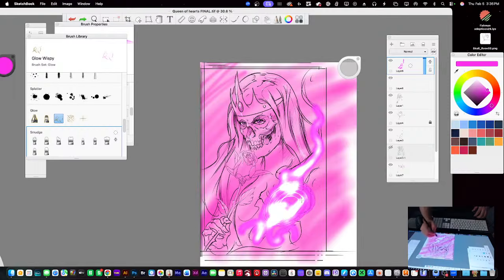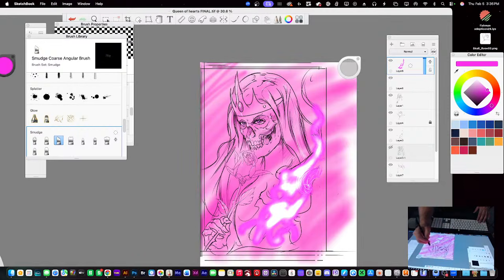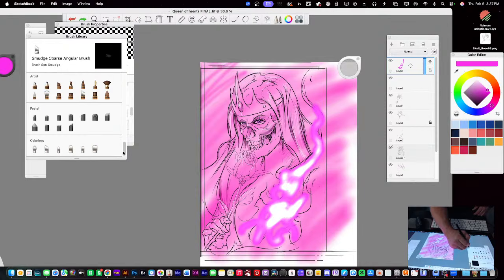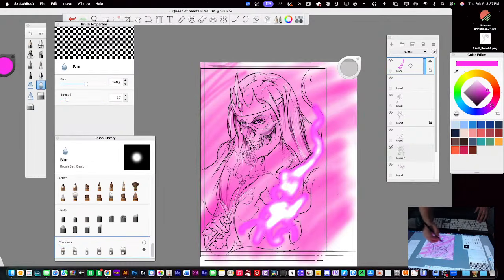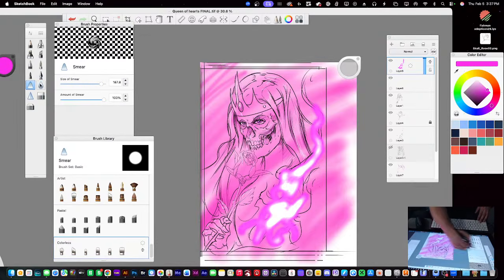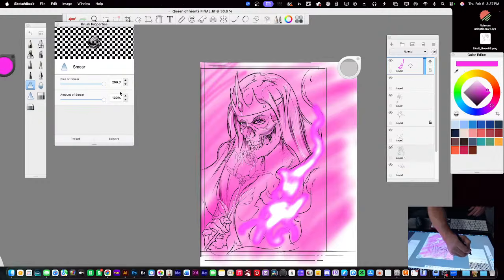You can take these smudge tools and smudge in different styles. Just undoing that. Colorless, what's that? Yeah, it's a blender. I use this one here. This one kind of spirals more. Smear, amount of smear.